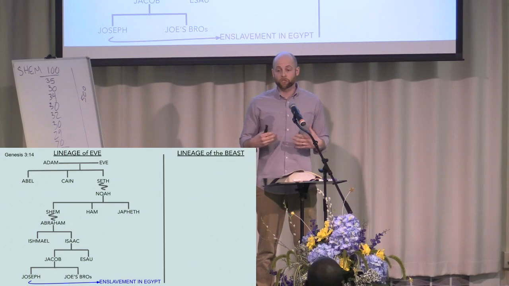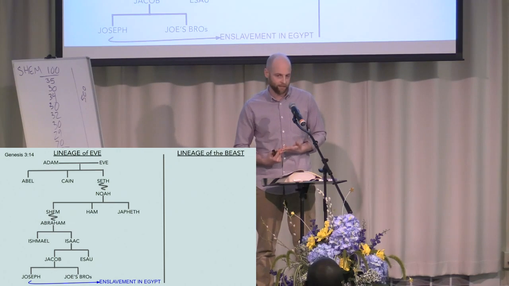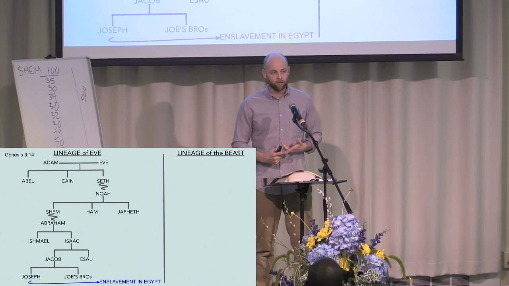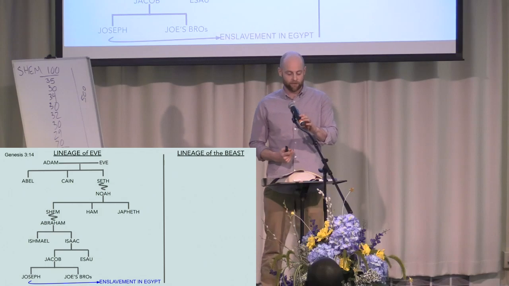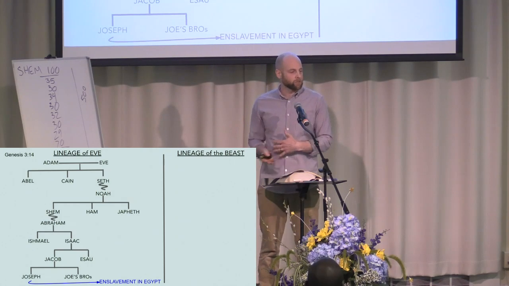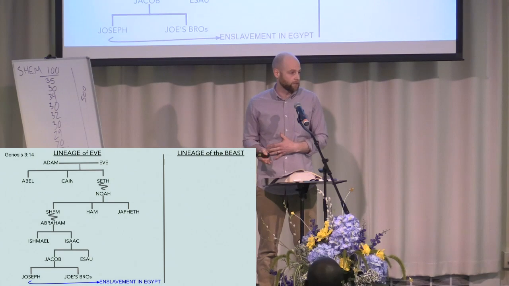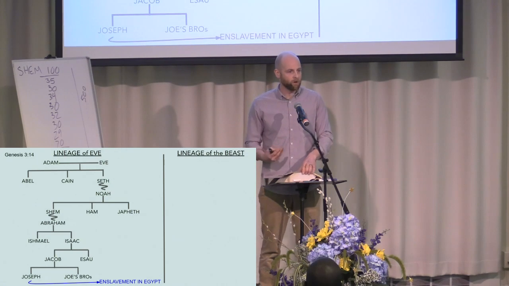The lineage of the beast is a spiritual beast. The beast that talked to Eve was walking, talking, and reasoning. That's not a snake that I know. But it does sound like a spiritual being that I should be afraid of. He said that that lineage would also continue in Genesis 3, starting in verse 14. And so there's some power to think there.